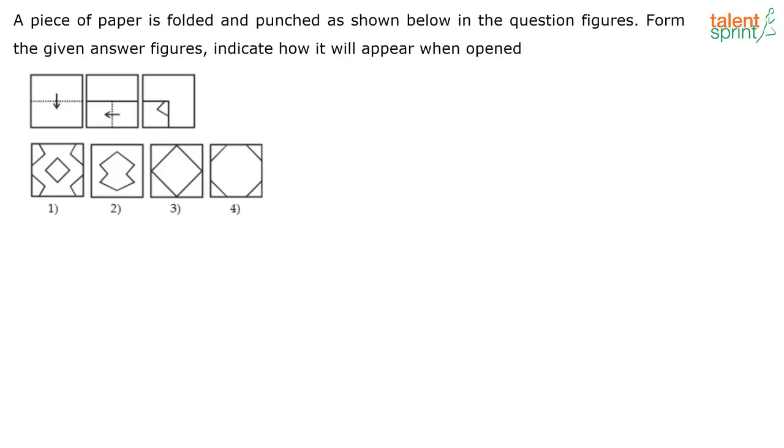See, in this question, if you see what are we doing? See, we are folding the paper, one fold here, then another fold, and we are making a cut here. See, what we have to remember here is that we are not making any cut at the edges. Are we making any cut at the edges of the paper? No, we are not making any cut at the edges. So, if you look at these options, it shows as if we have made cut at the edges as well, where we have not actually done. We have only done cuts in the interior of the paper.